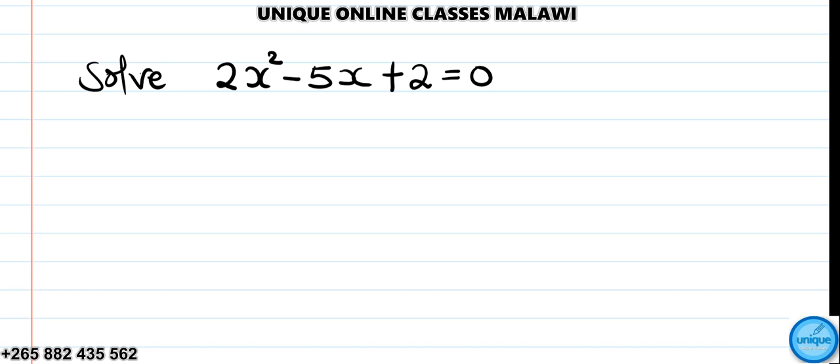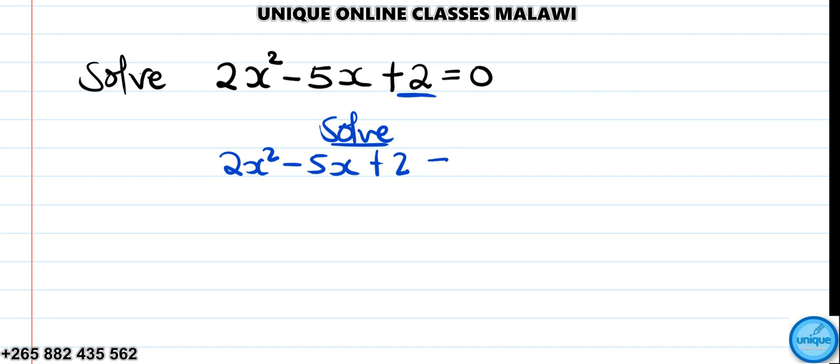As we are factorizing, the first step is to multiply the first term with the constant, which is this one. So I'm going to rewrite it: 2x squared minus 5x plus 2 is equal to 0. So we take this first term and that constant, which is the third term, and the answer is positive